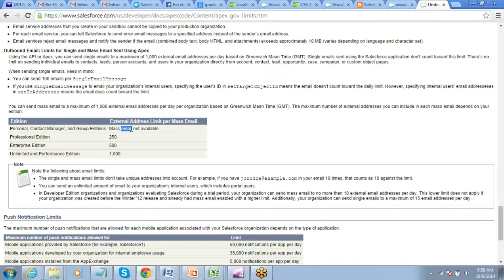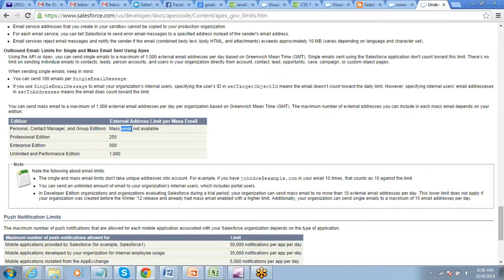So depending on how many users your company has, it's 1000 emails per user which can be sent through workflow. If you have 5 users, you can send 5000 emails through workflow, and you can send 1000 emails per day from your Apex. So in total you will have a 6000 emails per day capacity. So that is the thing. Got this?